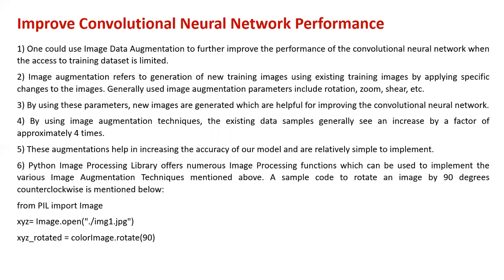One could use image data augmentation to further improve the performance of the convolutional neural network when access to the training dataset is limited. Image augmentation refers to generation of new training images using existing training images by